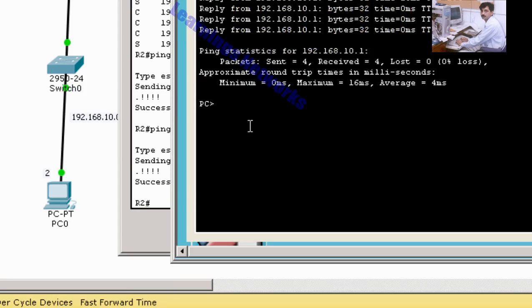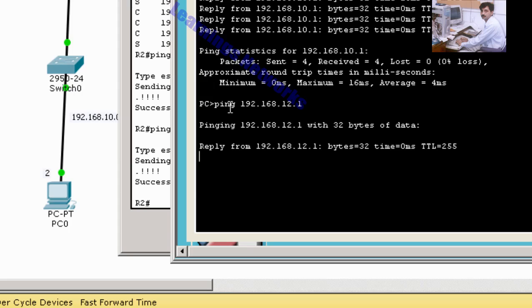So we check it from the PC of the 12 network, 192.168.12.0 network, 192.168.12.1. So we get an equals reply.